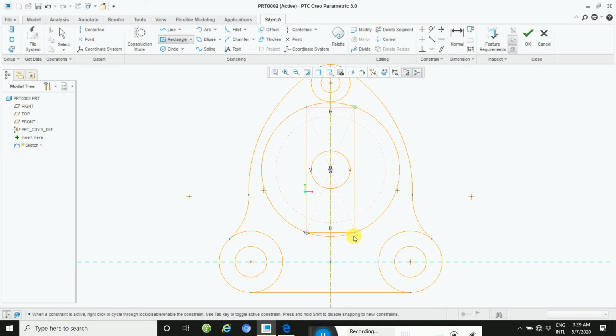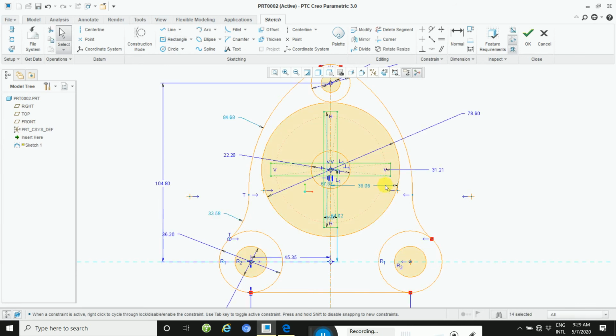Okay, this way, apply the rectangle, and then this way. Okay, and then take a center rectangle. Okay, and then move this, add this dimension all.